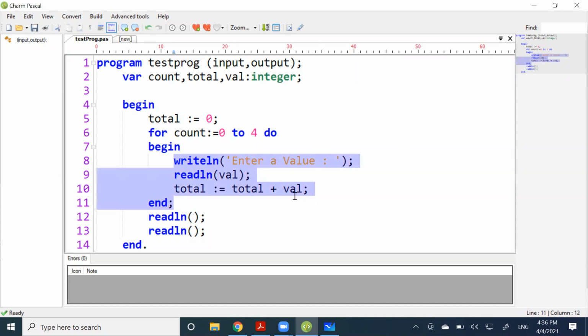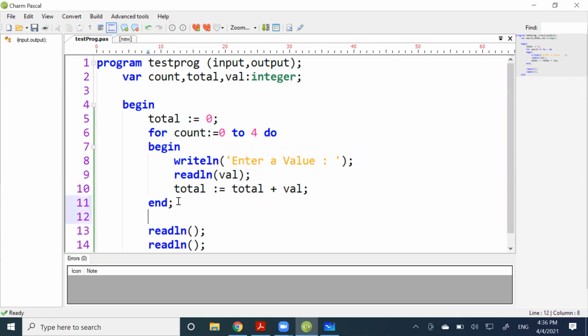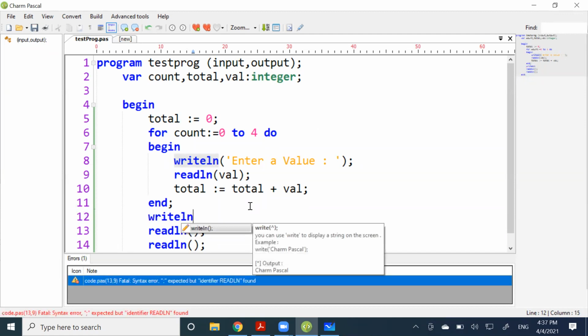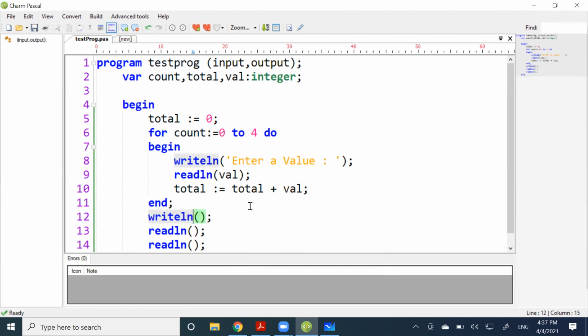After the iteration, once we are done with the total, right? Once we are done with the entire totaling process. So it's after the for loop, out of the for loop. So we write ln. So write ln. I'm going to say